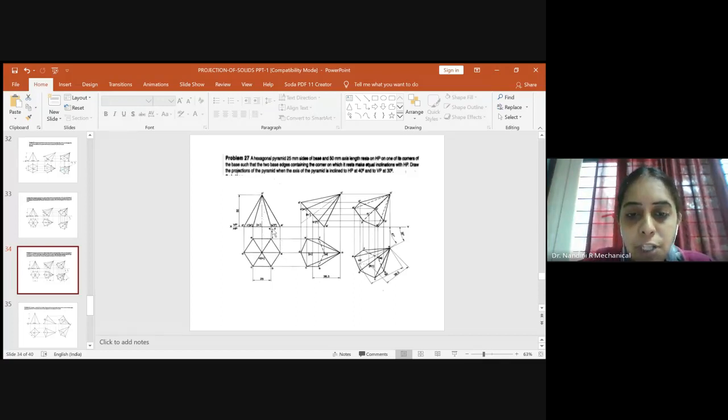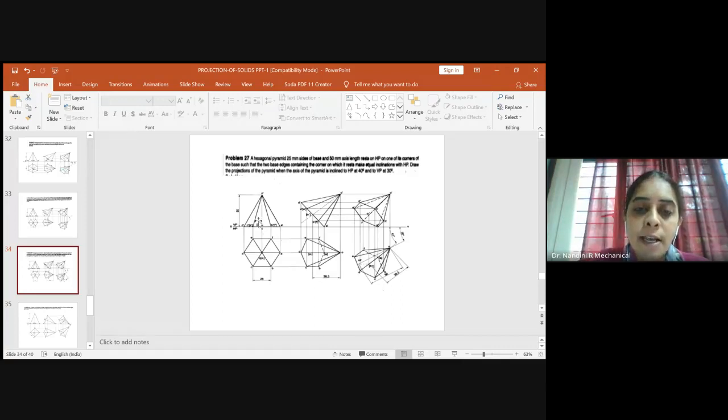It is 50 mm. So after you take the projections on XY line, from the center you measure the axis height and use the center line pattern only. So you will draw the center line pattern. So it will show 50 mm. So please draw the center line until 50 mm. Okay. Or else you blindly draw the center line, measure 50 mm in the compass and just cut an arc, whichever is convenient to you. Then name it as O dash immediately. Then you will join from O dash to this corner, O dash to this corner, and again from O dash to this point, O dash to this point, right? And the axis will be of center line pattern.